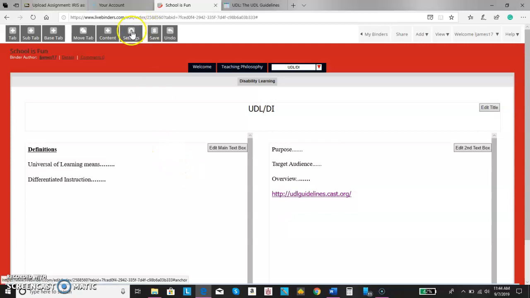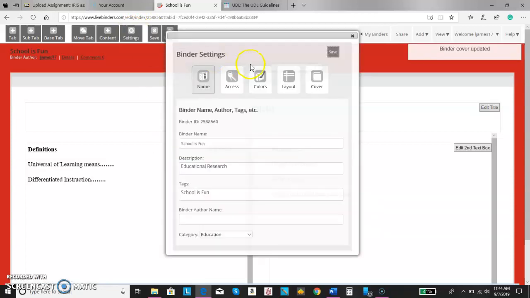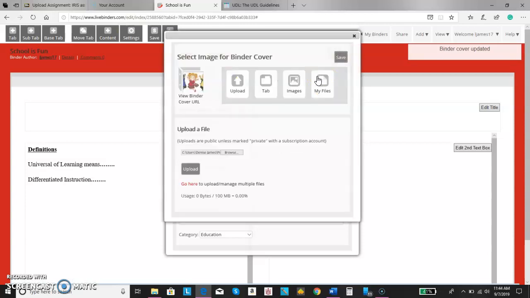Okay, so let's say for instance that you want a cover on your binder. You're going to go to Settings, click Settings, and go to Cover. Click that. As you may see, I have a cover on my binder. So let's say I want to upload one. Well, I can go to Browse,